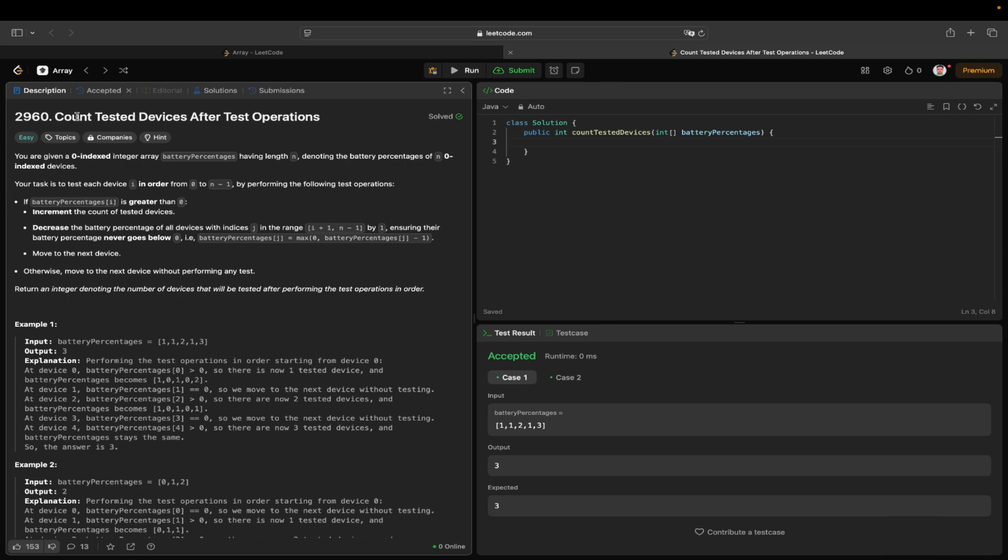Today we are solving this problem, which is Count Tested Devices After Test Operations. You are given a 0-indexed integer array batteryPercentages having length n, denoting the battery percentages of n 0-indexed devices. Your task is to test each device i in order from 0 to n-1 by performing the following